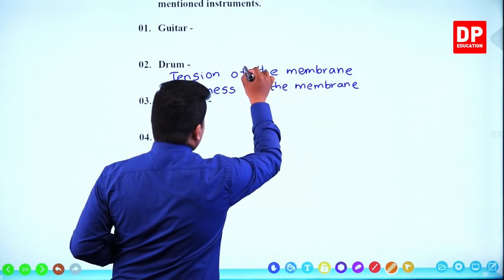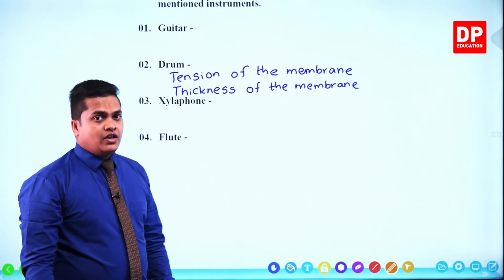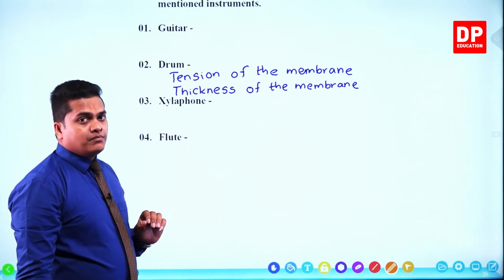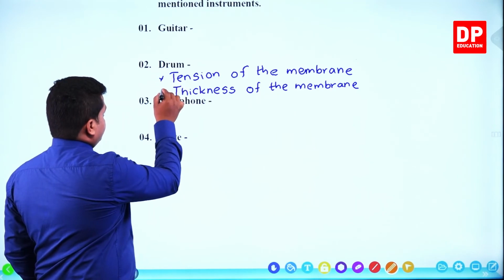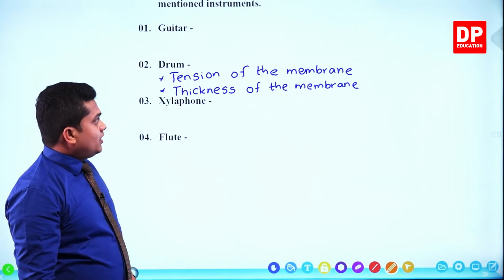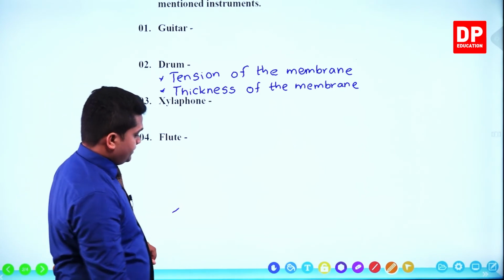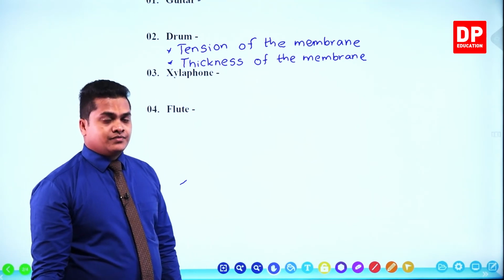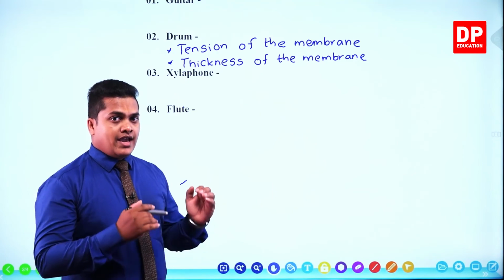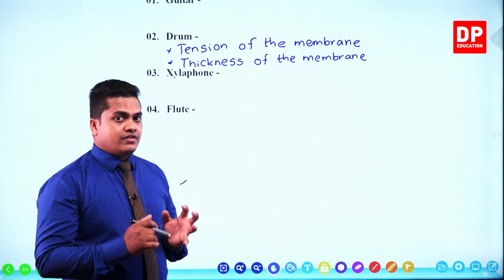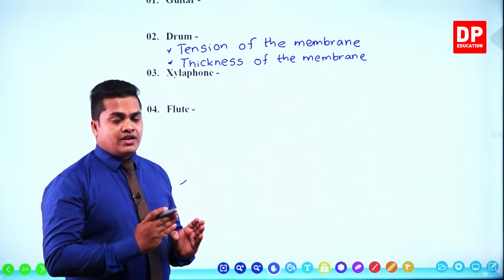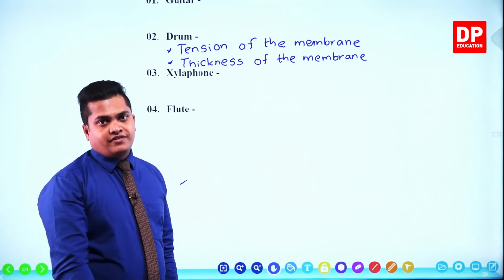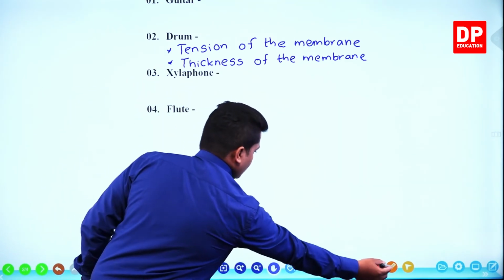These are the two factors which affect the frequency of a sound generated by a drum. So I'll take the slide somewhat up. Then the next one is the xylophone. A xylophone has several metal bars with several lengths. The length of the metal bar is the factor which affects the frequency. So my answer would be